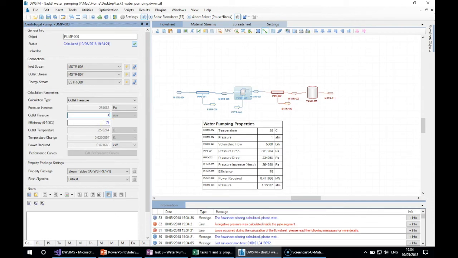Let's try another pressure. 6. If we have, I think we need to lower a bit. Almost there. Quite. Okay, let us stop by now. So we can see that DWSIM calculated the power required by the pump if we consider an efficiency of